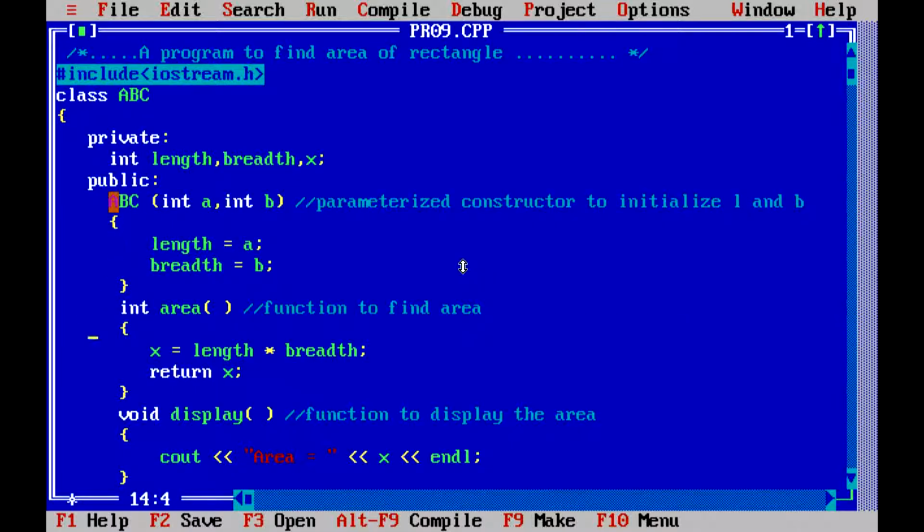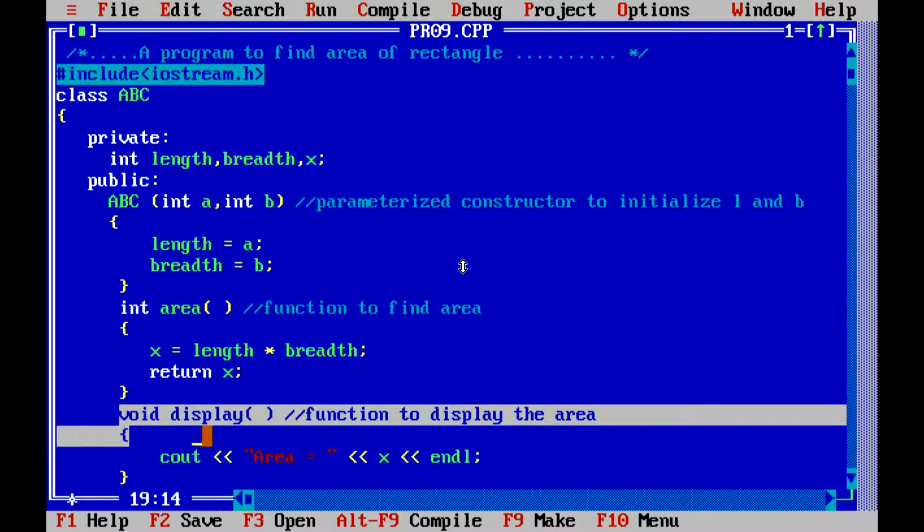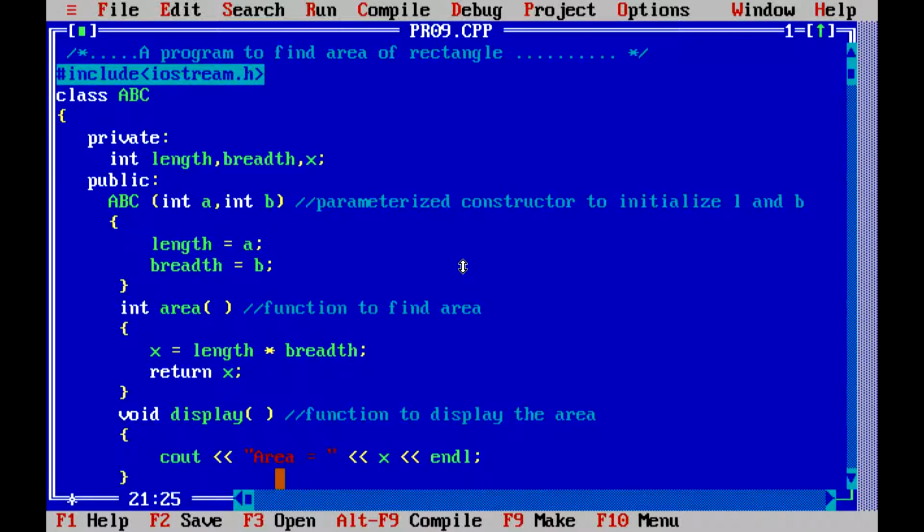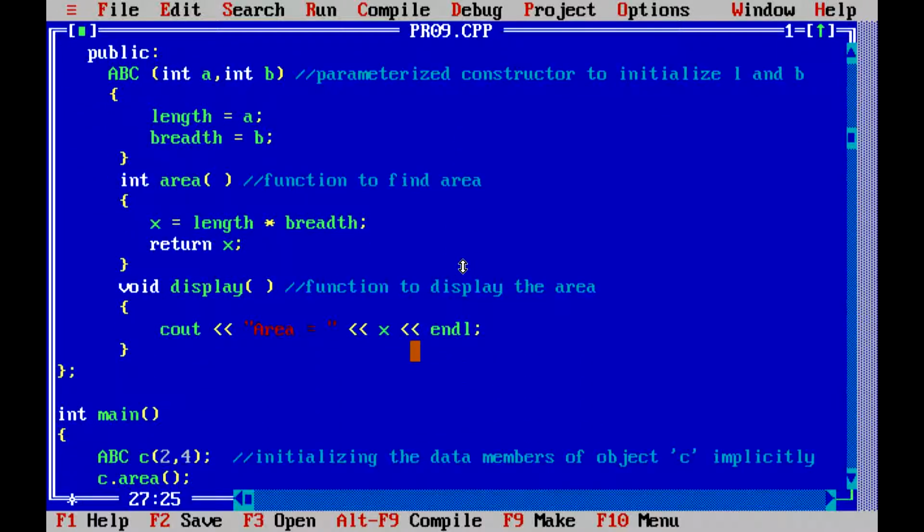You see the difference: the constructor does not have any return type, and it has the same name as the class name. Class name is ABC and constructor name is also ABC. Then we define another member function, void display, which is used to display the area. Area is equal to x, because we stored the area in x. Here the display function is closed and the class is closed.